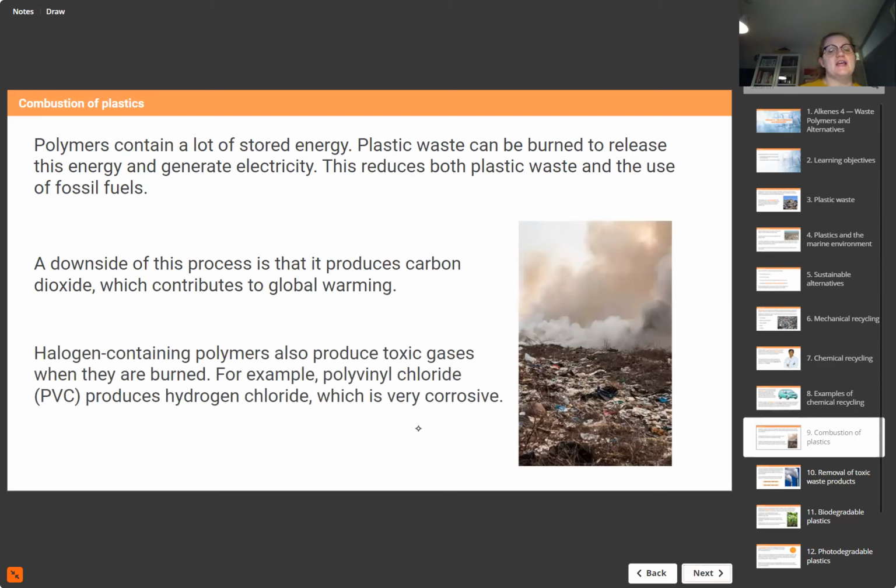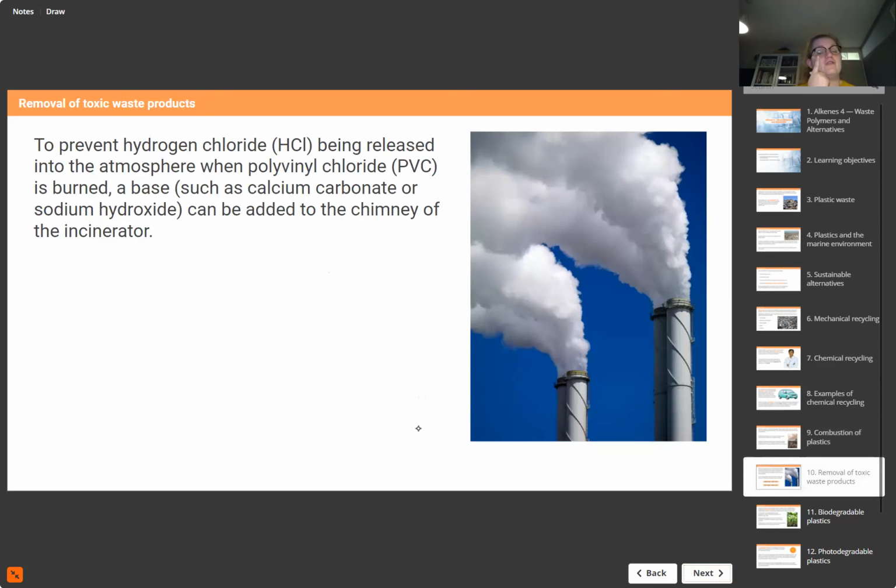Halogen-containing polymers also produce toxic gases when they're burned. So for example, something like polyvinyl chloride produces hydrogen chloride, and that's really corrosive, so that's not great. But what we can do is remove some of these toxic waste products when we combust plastics in a plant. So to prevent things like hydrogen chloride being released into the atmosphere when we burn PVC,